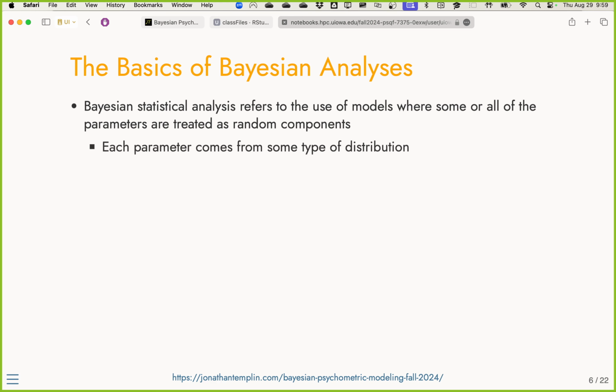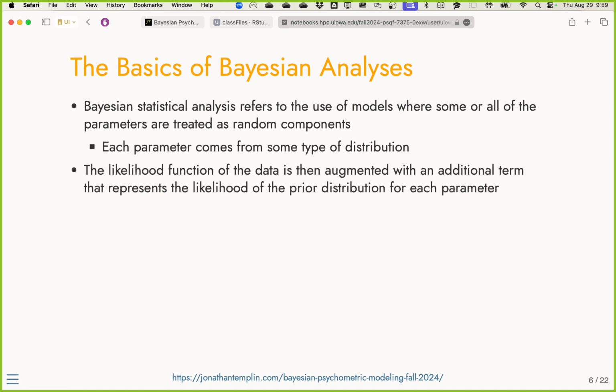All right. So each parameter has some type of distribution. Now, the parameter distributions we often call prior. The likelihood function of the data itself is our model, right? So each model that we specify, a linear model, a factor analysis, an IRT model, you name it, all the model classes that we describe have a likelihood function. Believe it or not, even classical test theory, you can derive a likelihood function for a test score. You may not have thought about that before, but it falls under factor analysis, believe it or not.